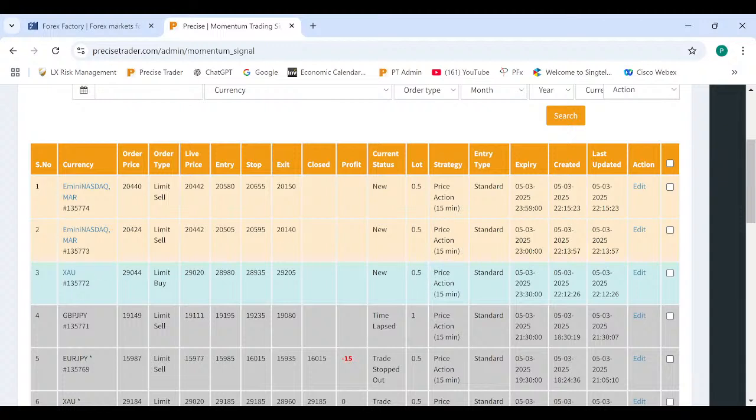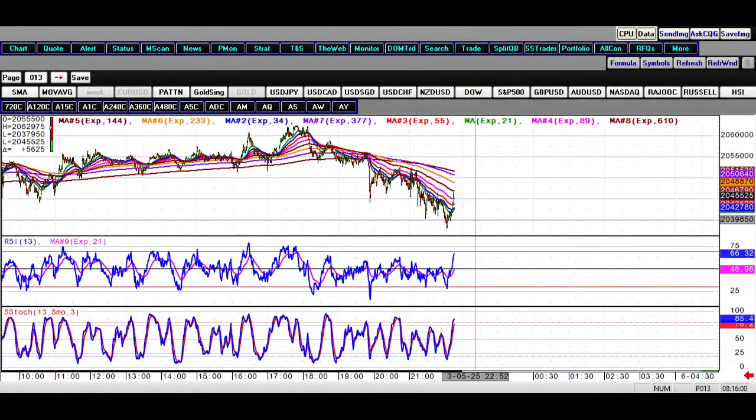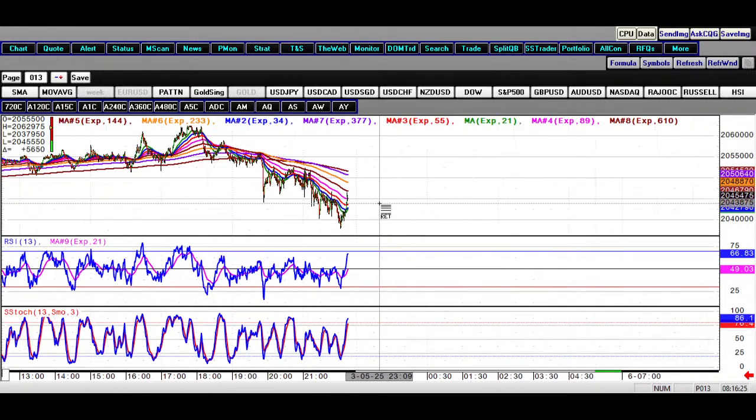So now we are going to see the Nasdaq, and we will discuss this in detail, both the gold and the Nasdaq. We will see how we can go about managing this trade and what is to be expected, what are the prices that are going to be challenging, and of course if the support is to be taken, where the support has to be. So now let's start off with gold.